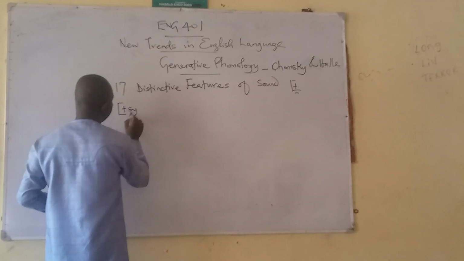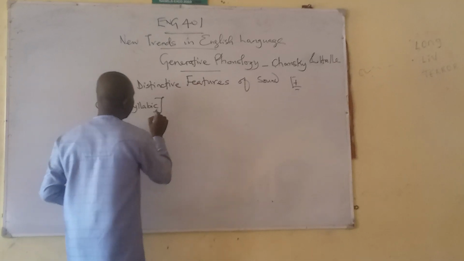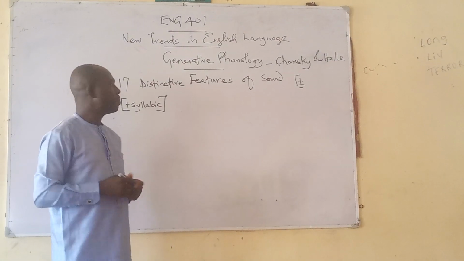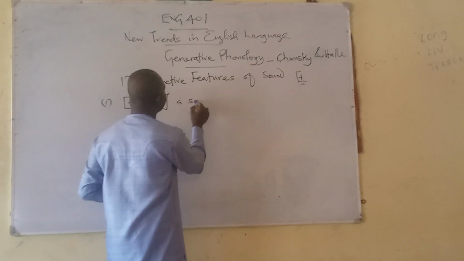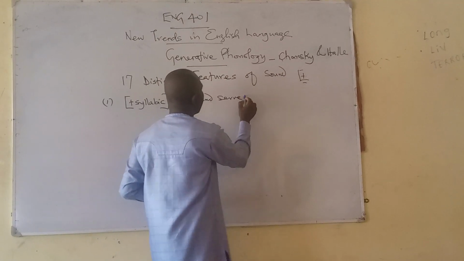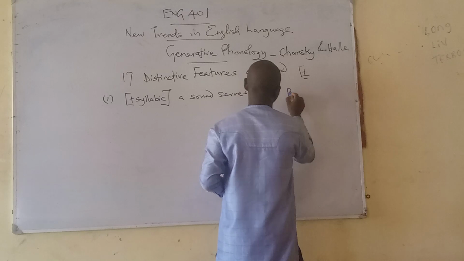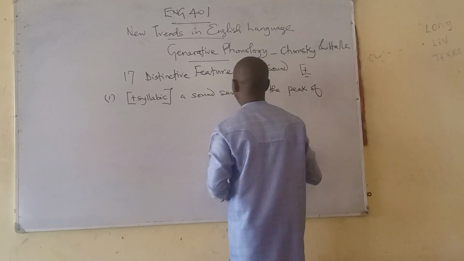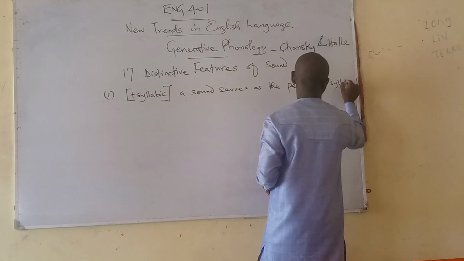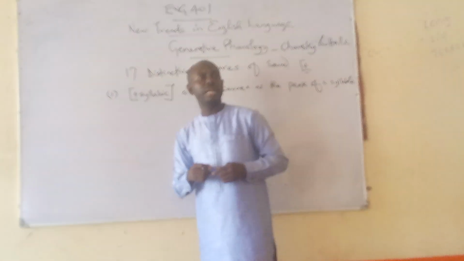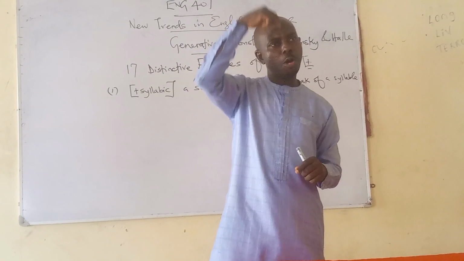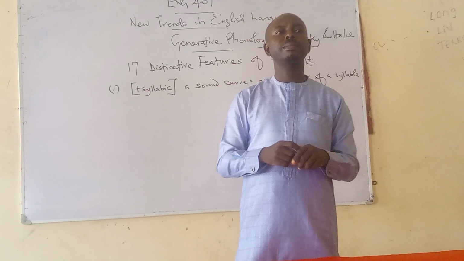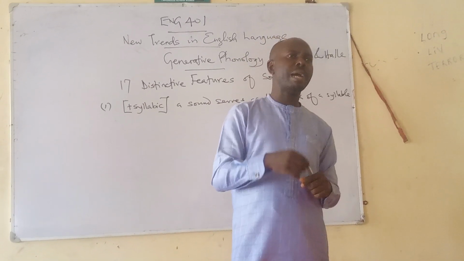Good. So one, we have plus syllabic. By plus syllabic, we mean a sound serves as the peak of a syllable. If you say a sound is plus syllabic, it means that sound can serve, or serves, as the peak of a syllable. And the question which you are going to ask yourself is, what do you mean by the peak